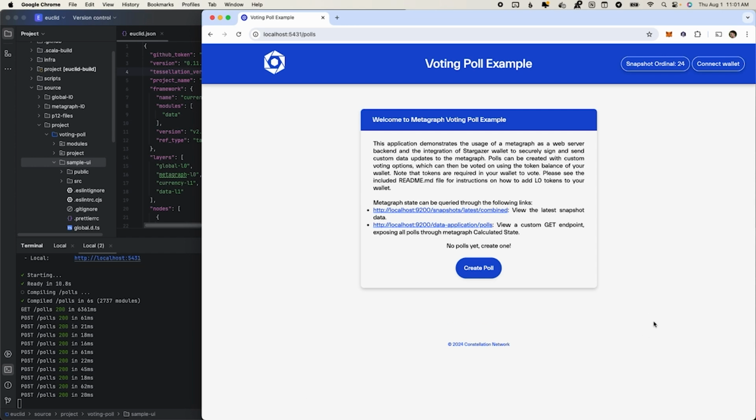But this is demonstrating how to create a front end that interacts with the Metagraph, serving as its server backend. So in this case, we have a Metagraph that supports the creation of polls. These are things that can be voted on in a simple version of a DAO framework, where individuals vote on particular topics, and they use their wallet to do that. So the first thing that I'm going to do here is go to create poll,